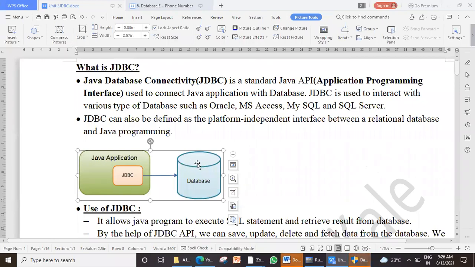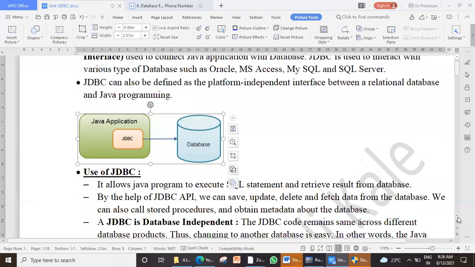Databases, remember, in any diagrams henceforth up to your project or software engineering diagrams, you remember database is shown with the cylinder symbol. Clear? And this is Java application. To connect the Java application to database, we need to embed JDBC in our Java programs. Clear? Yeah.